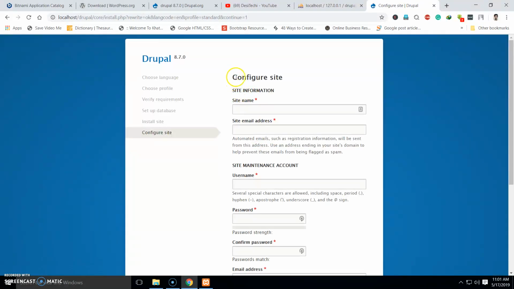Now we need to configure our site, so let's add name of our website. I'm going to go with createablog.com. Your email address, now choose your username and your password to log in to your Drupal website.